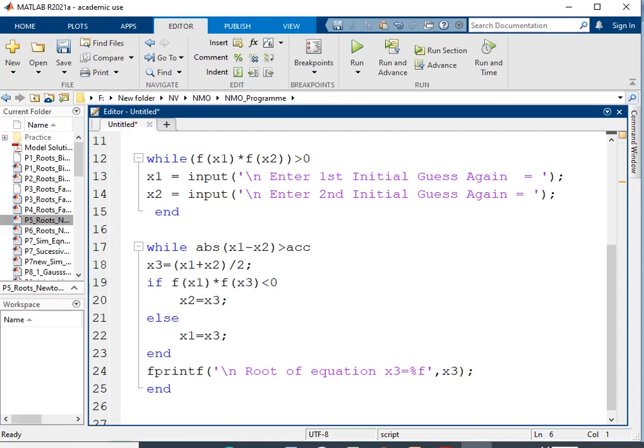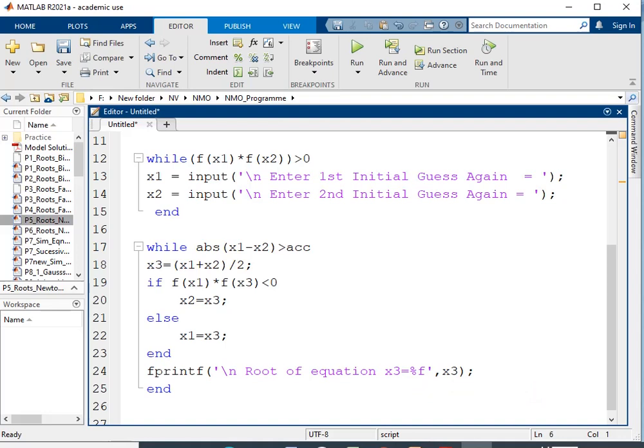So to get that criteria met, we are using this if else condition, and then this if else statement will end, and we are printing the new approximation using this fprintf syntax. Again, in opening and closing brackets, we are using inverted quotes, and \n for a new line. This is the message, then is equal to %f. At this %f, we are printing the root which is assigned to the variable x3, and %f is used for floating points.